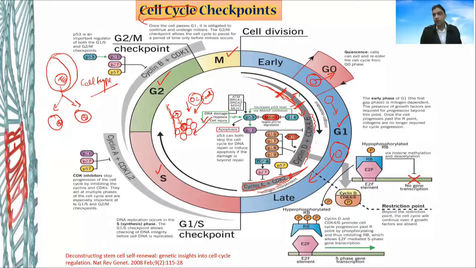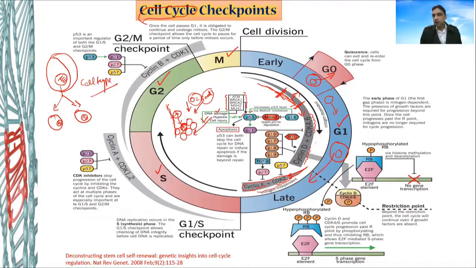You need to think in your mind one thing. Alternatively, if DNA damage is there, that cell is also not supposed to go for cell division. If DNA damage is there, what happens after that, I have explained in my earlier lecture about DNA damage and repair. It triggers the DNA damage and repair pathway. Look at those proteins, ATM, ataxia, and BRCA1, BRCA2. These are the proteins which are part of the system which can fix the errors in our genome. So those proteins will try to fix the errors, and they also activate P53.